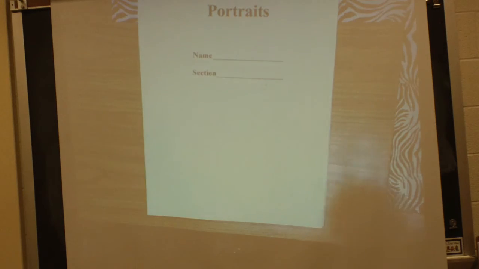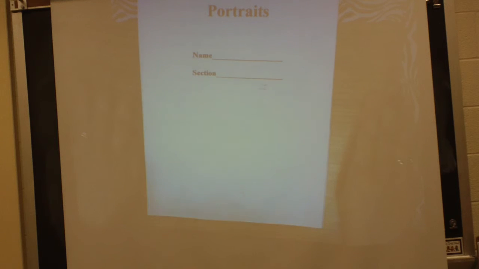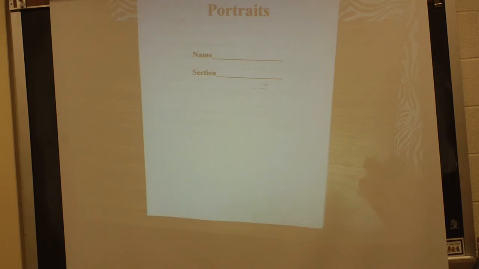Now, if you don't mind, would you pass my hairdos up to the front, please? And these will be available for you when we do our final project. I don't know if mine's blue or not. If it's in a different drawing, I'm pretty sure it's for the background and stuff. Okay. And it's supposed to be in color and all that. So check the directions and